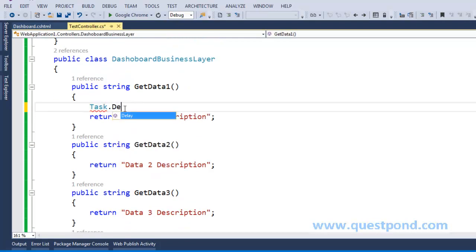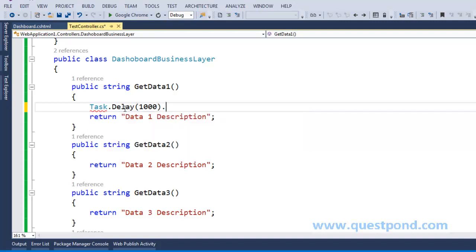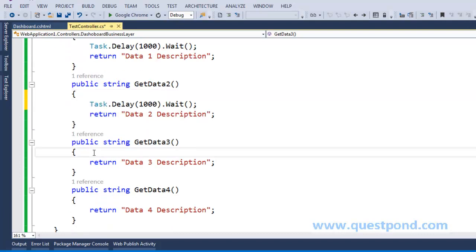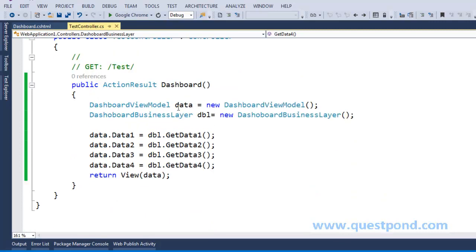I'll say Task.Delay(1000).Wait. It will make our application halt for 1 second. Now let me copy the code and put it in all the functions. Now when someone makes a request to this dashboard action, they will get output after 4 seconds.